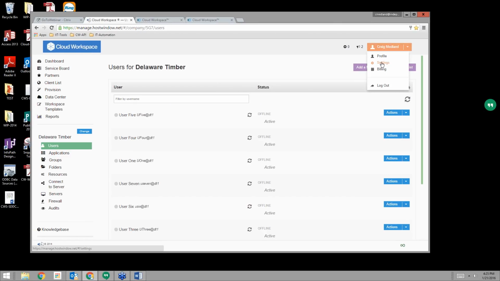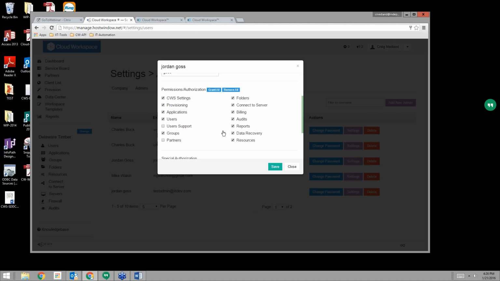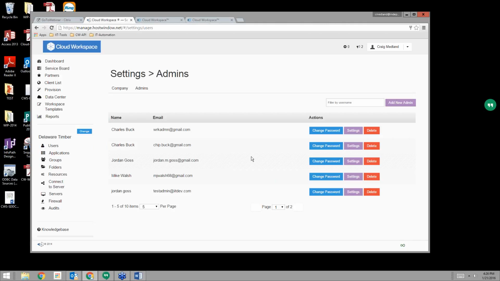A minute ago, I was talking about the different levels of access. If I go into the settings here, you can see all the administrators that get access to this management portal. I was also mentioning how you can control their level of access. If I go into the settings tab, I get a nice little set of checkboxes here, and you can indicate for this particular user which modules they get access to or they don't get access to. For some of the larger partners that we work with, if I was to open this tab, there literally might be 100 administrators, but out of those 100, maybe only 4 or 5 have full access to all the modules in the action pane on the left.